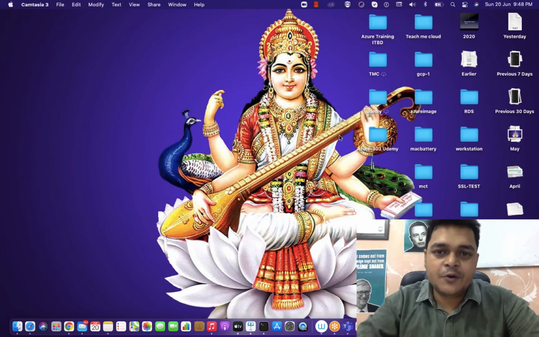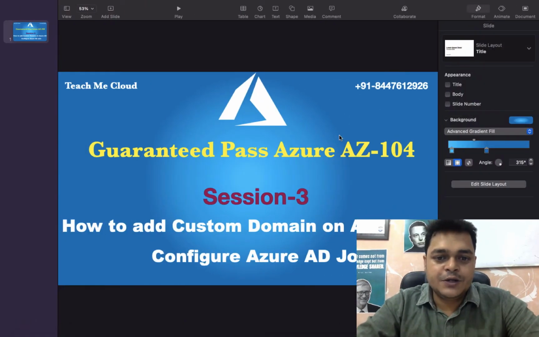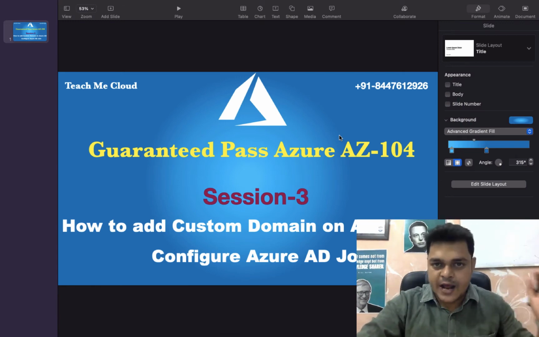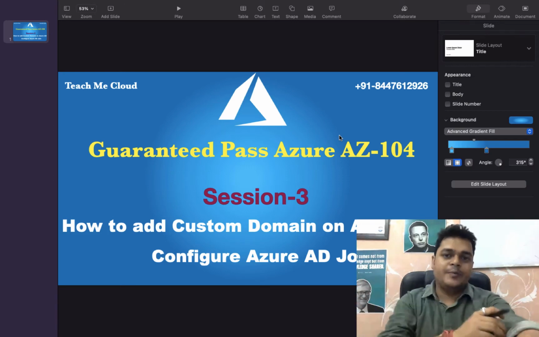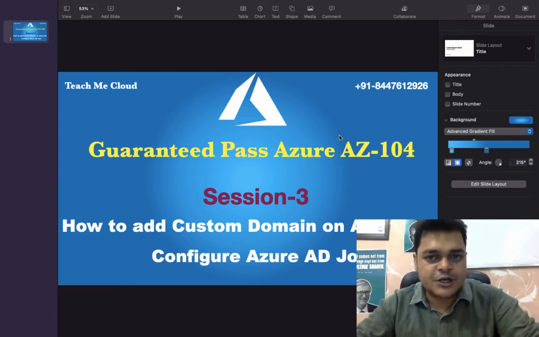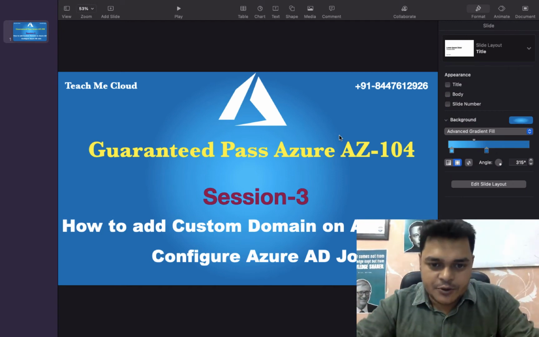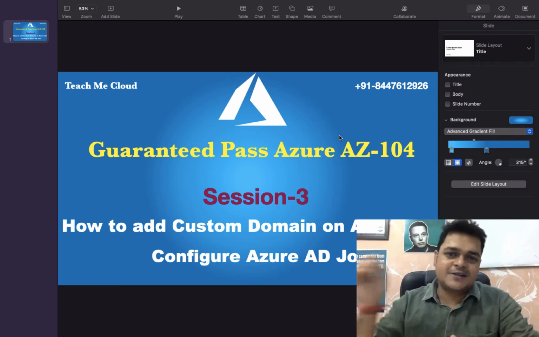So in this session, I'm going to describe the content related to Azure Administrator. In Azure Administrator content, I will give you the information on how you can add a custom domain, meaning a domain that you purchase from any domain provider like GoDaddy.com, HostGator, or Namecheap. We'll add our custom domain to the Azure Active Directory portal, and also understand how we can add our on-premises Windows 10 operating system to Azure Active Directory.